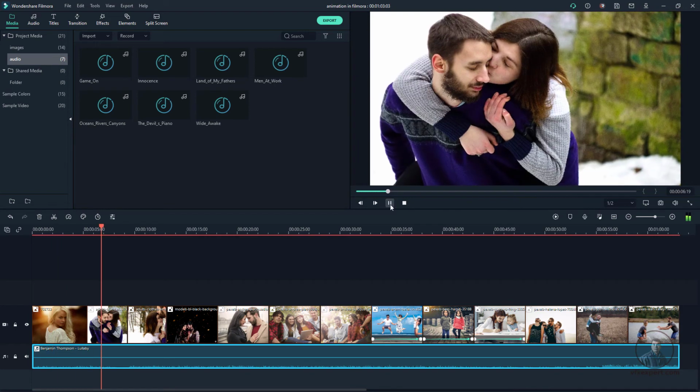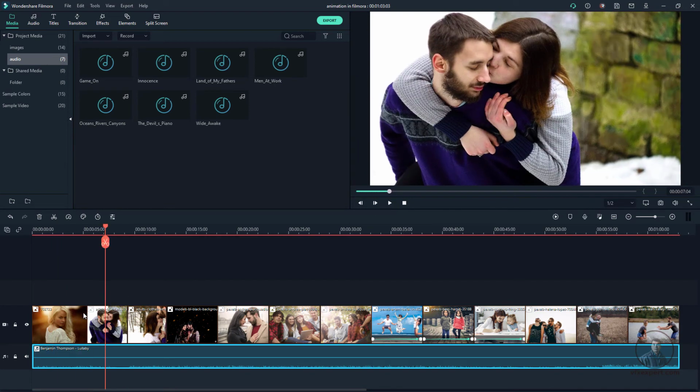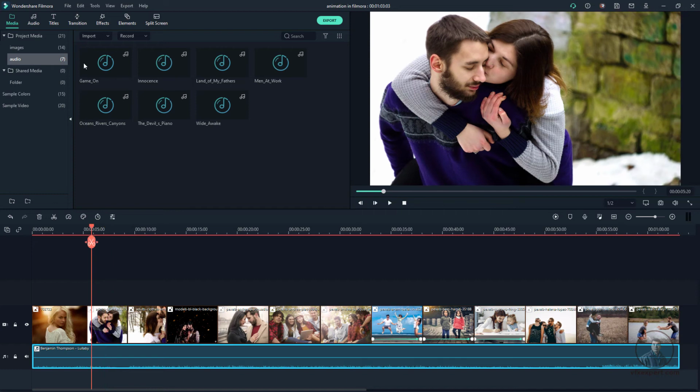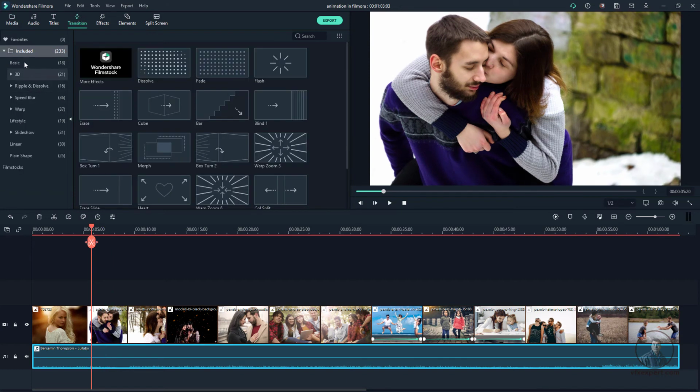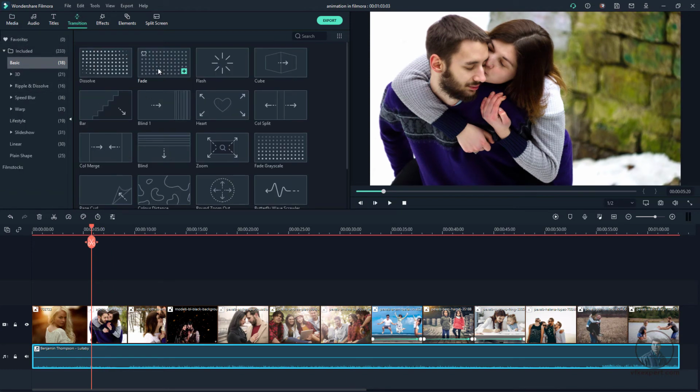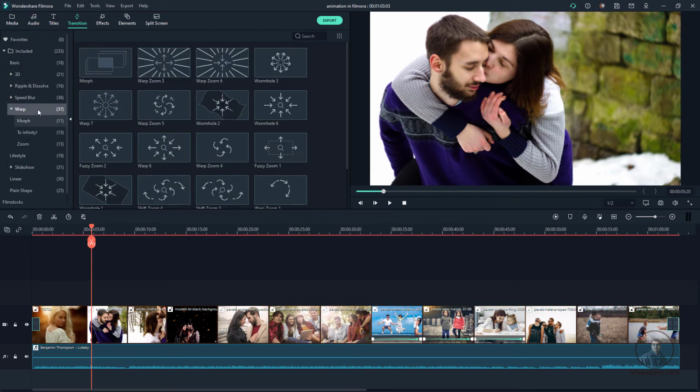Now you can see. So here if you want you can also add some transition in between, then click on transitions, then basic. So this first one I have selected fade because I am going to fade in our video here. So fade in, then adjust some duration of transitions, then fade out like this. You can fade out our video here. Now in between apply some transition here. So easily you can see different types of transitions. So maybe in some wrap options you can apply, just simply drag and drop.